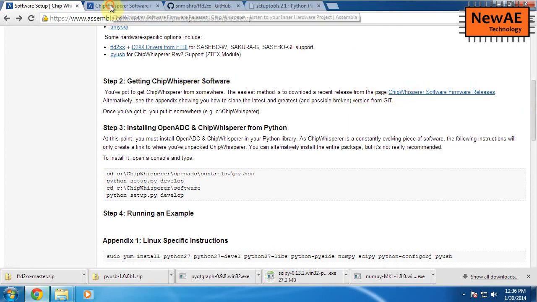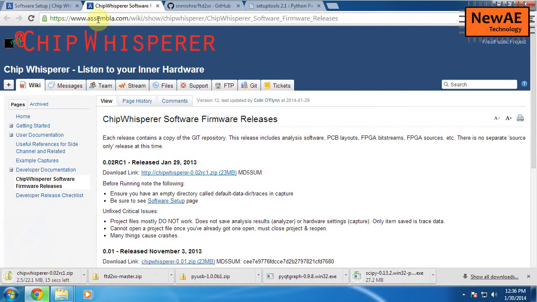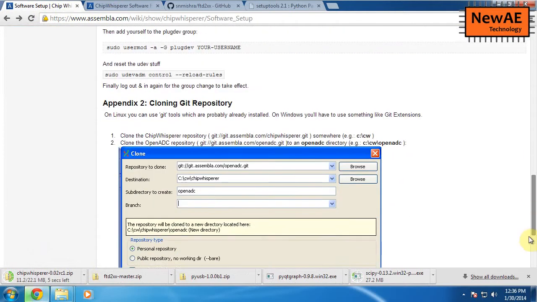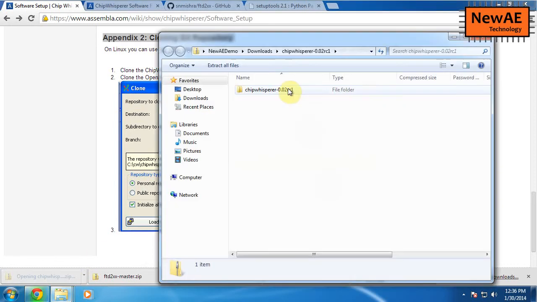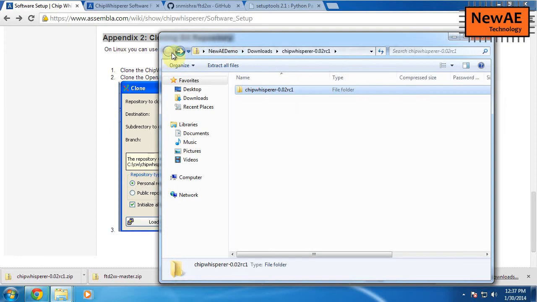So the easiest way is just to download the zip from here. If you want the latest and greatest, you can clone the Git repository, which is shown in Appendix 2 here. So this, you have to use something like Git extensions or whatnot, and this will get you the latest code. The latest code could possibly be broken, so I make no claims about that. All right, so